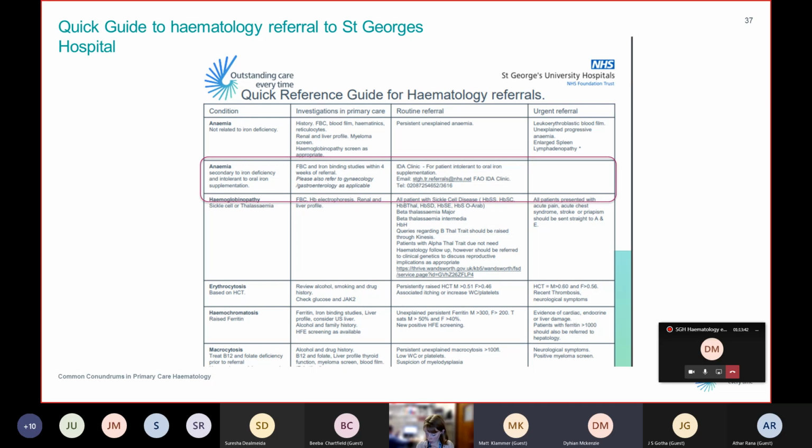Yes, I think we do that because it's quite a nice one-pager, which gives a lot of detail and a lot of guidance for these common referrals to our clinics. It clarifies what needs urgent referral, what needs routine referral, and also what investigations can be done in primary care before referral, and what considerations. So we covered about a third of these things in the talk today, but there's plenty more.